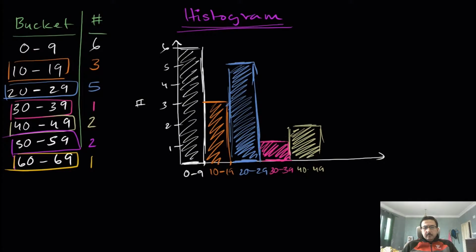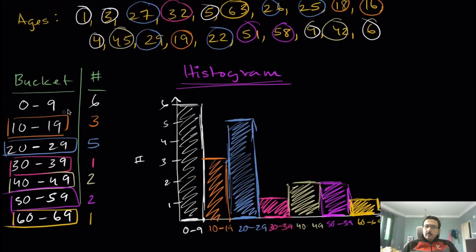Almost there. 50 to 59, we have 2 people. That's that right over there, this category. And then finally, 60 to 69, we have 1 person. And what I have just constructed, I took our data,